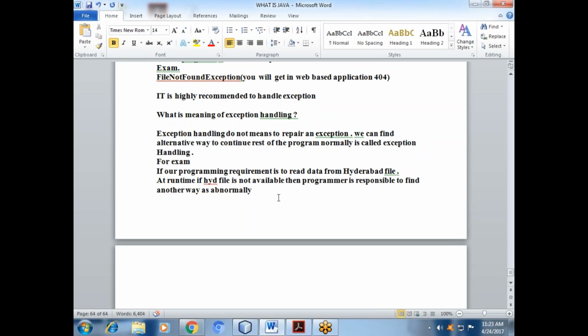Then we have to provide a local file to continue the rest of the program normally.